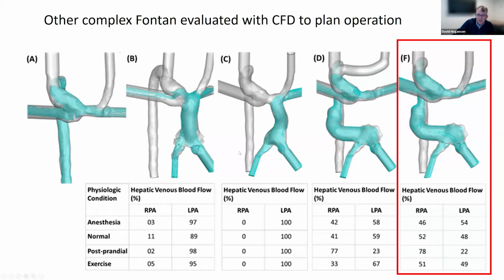Option C, which could have been considered if we didn't have this technique to analyze this, would have resulted in 100% of the hepatic blood flow going to the left lung and none to the right lung. And that surely would have led to complications in the right lung in years down the line. So this has been a really helpful tool to avoid putting ourselves in a situation where complications could arise that